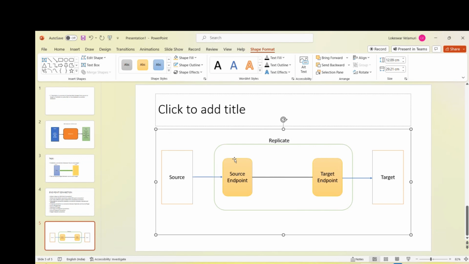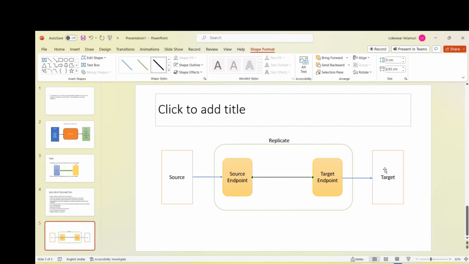Source endpoint connection, target endpoint connection. Okay. Source endpoint connection establishes connection to the source. Target endpoint connection establishes connection to the target. Okay. So these endpoint connections act as a bridge between source and target. And finally,